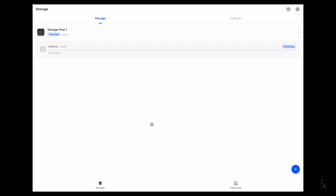Here it's making a storage pool. It's synchronizing volume 1 and it's formatting it. And at the end, I'm going to have 7.2 terabytes. Now, the storage pool process takes quite a long time. You have to keep your NAS drive on and leave it like this. It's going to take like 8 to 9 hours, depending on the size of your storage. So I'm going to leave it here and we are going to set up everything and we will see the